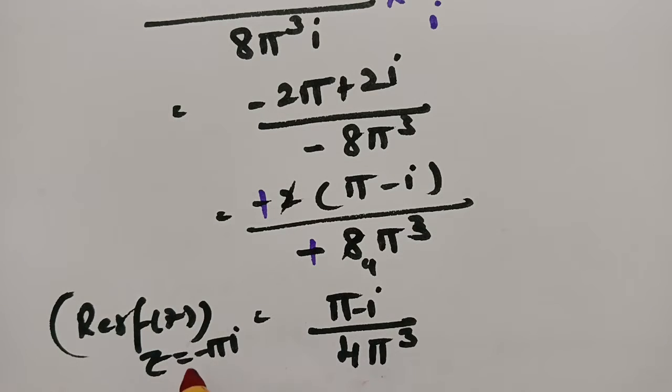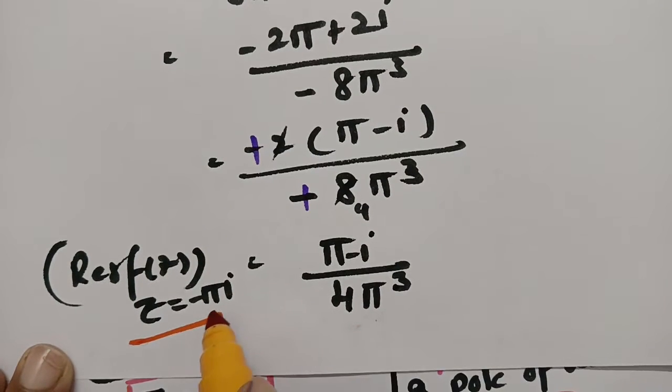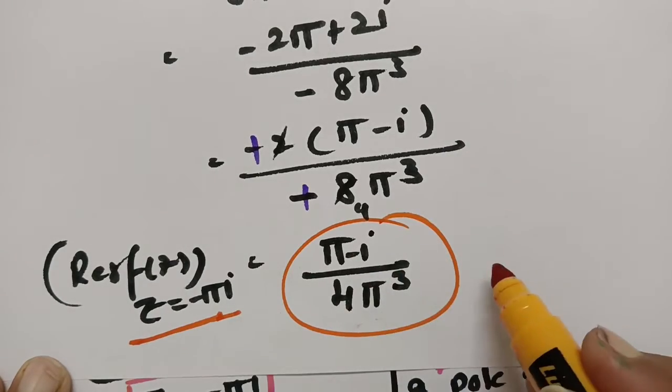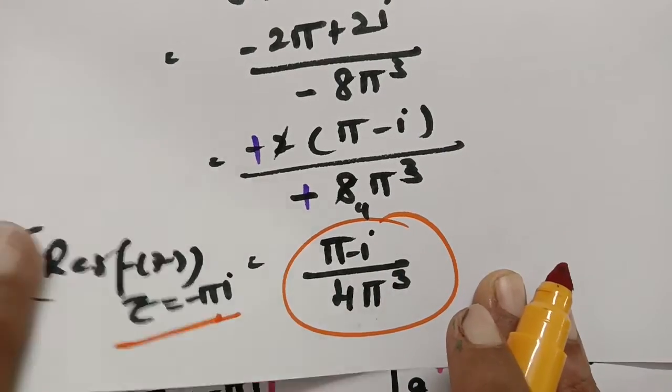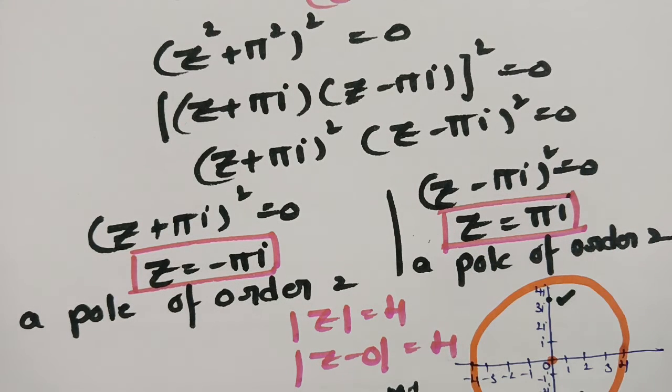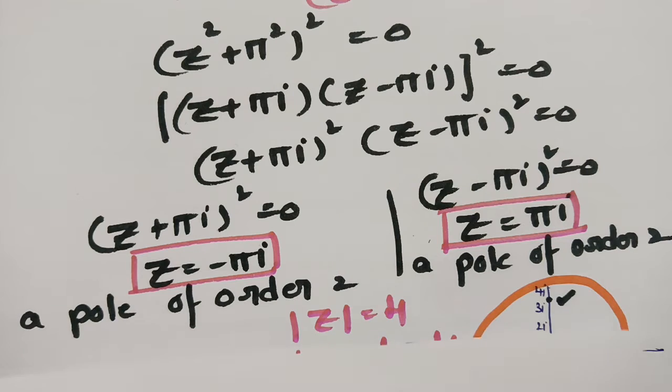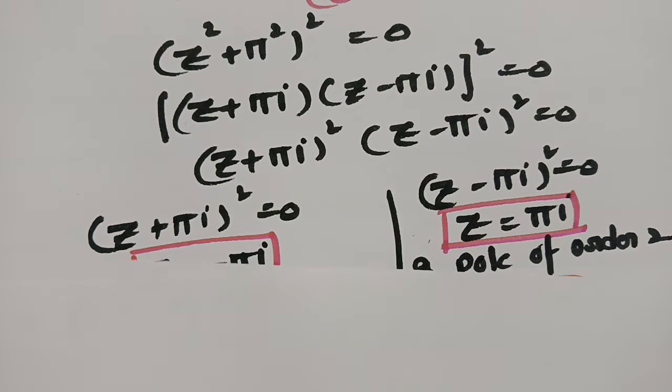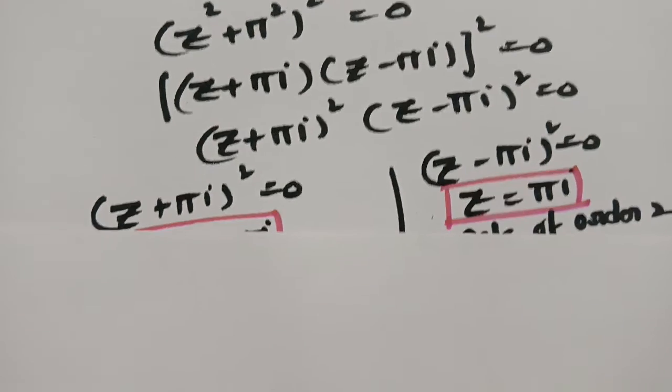And therefore, the residue value at z equal to minus pi i is equal to pi minus i by 4 pi i. And the next is the residue value we have to find at z equal to plus pi i. For finding the residue value at plus pi i, see here, the formula is: